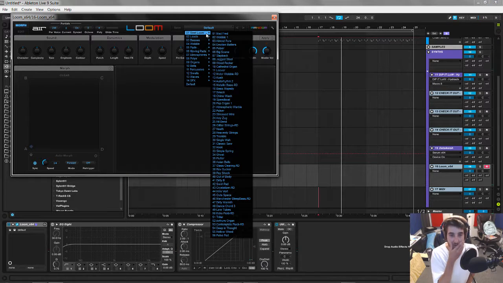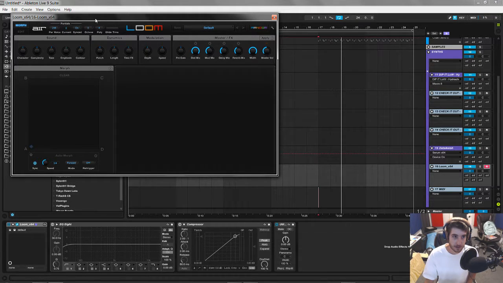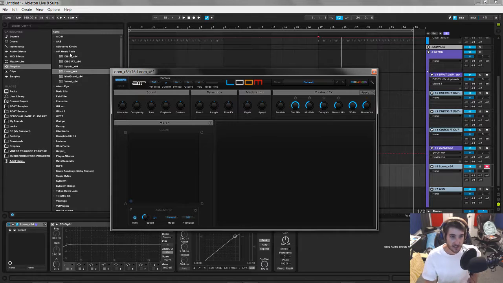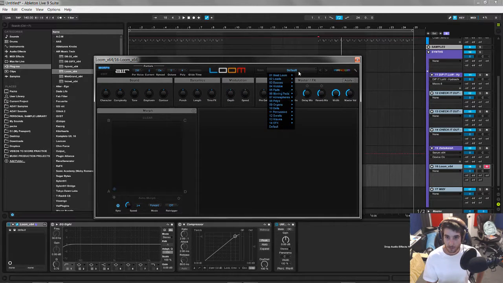This is a new preset thing I got. I forgot what I got. Oh, it came with the MIDI keyboard that I can't use because my frame rate's dropped. The M Audio Code 25. It came with Loom. It actually came with a lot of cool plugins from Air Music Tech. I got all these for free, so that's pretty cool.